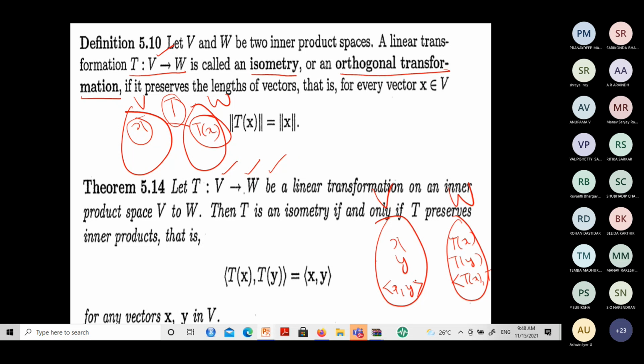What they are saying is that these two values are one and the same. If you consider any two vectors in the domain and the corresponding two vectors in the range, the inner product between the two vectors in the domain is the same as the inner product between the corresponding vectors in the range. So again it's an isometric, orthogonal transformation. This will happen for any set of vectors; if you choose any two vectors arbitrarily, the inner product is also preserved.